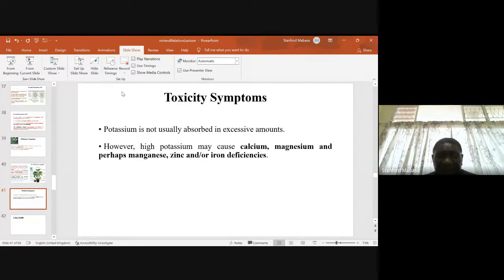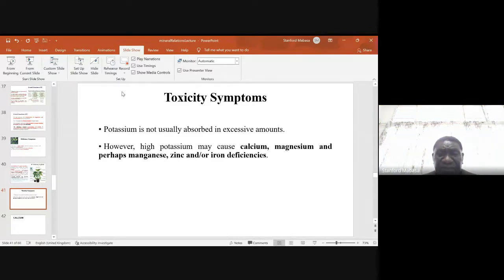Anyway, potassium is not usually absorbed in excessive amounts. But high potassium may cause calcium, magnesium, and perhaps manganese, zinc, and iron deficiencies. So its presence in high amounts could trigger deficiency symptoms